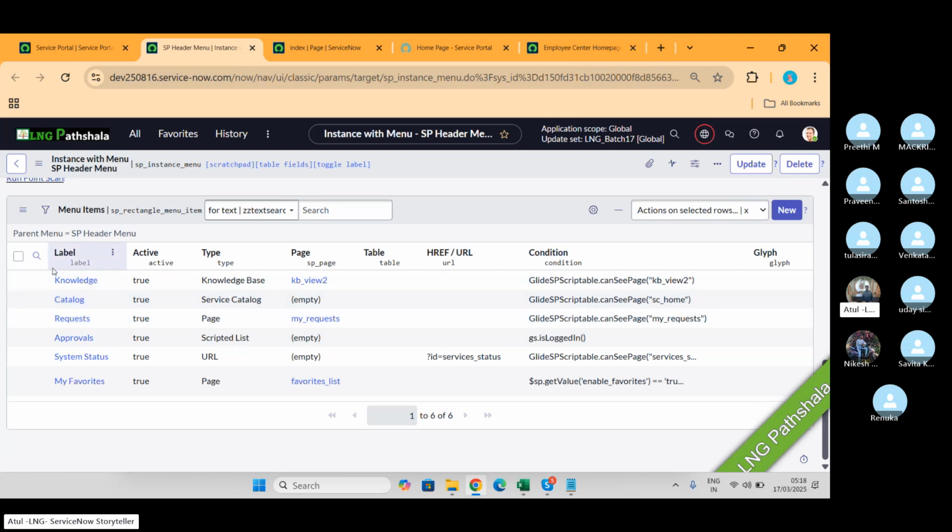Look, these are your menu items. Can we create our own menu? Yes, why not? You can create your own menu. But we do not prefer it because these are considered customization.